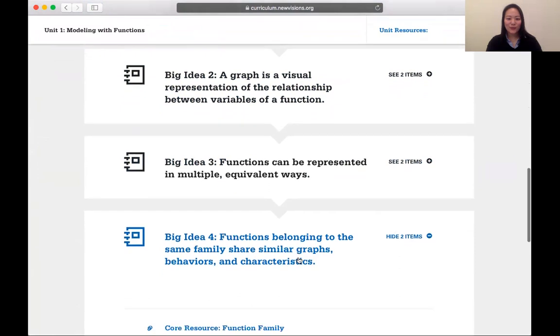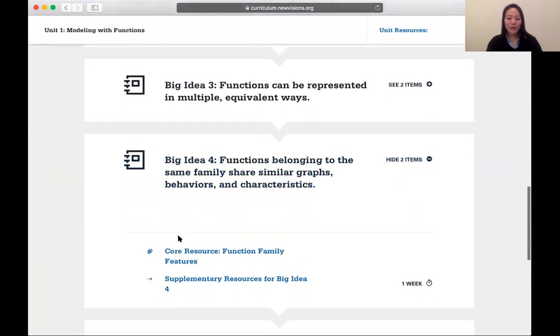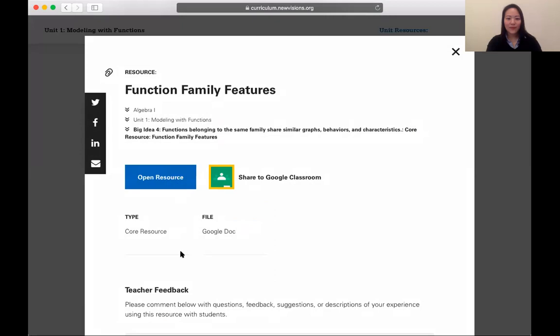And I might need to scroll a little bit to get to the core resource. I'll click on that. And you'll see then there are two options. You might be tempted to click on Share to Google Classroom, especially if Google Classroom is the way you share documents with students, but we recommend not doing that. The resource here includes some teacher guidance and considerations for planning. So it includes things like card sort activities that need some prep before handing to students, as well as answer keys. So instead of sharing to Google Classroom, click on the blue box that says Open Resource,